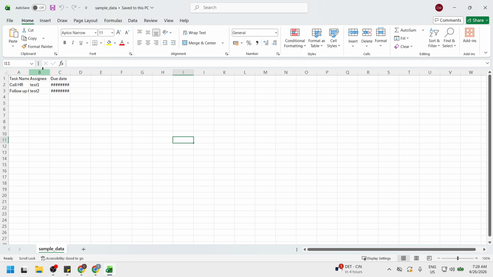As soon as it opens, save it immediately using Ctrl+S on Windows or Command+S on Mac. Choose a clear file name and a reliable location like a project folder or a cloud drive. This converts the temporary draft into a formal, fully saved workbook so you don't risk losing it again.